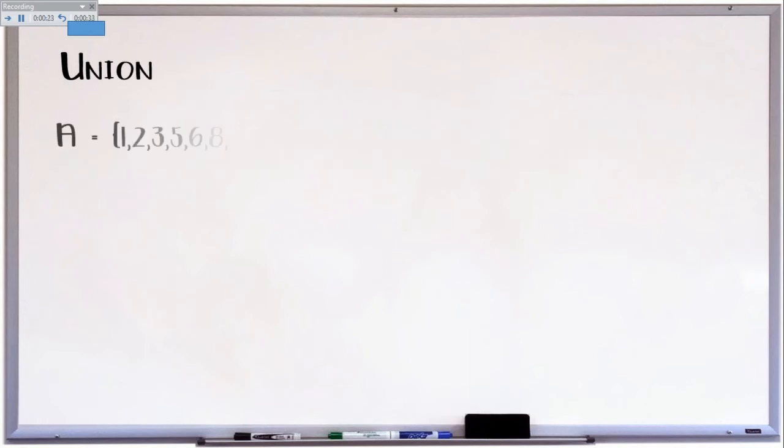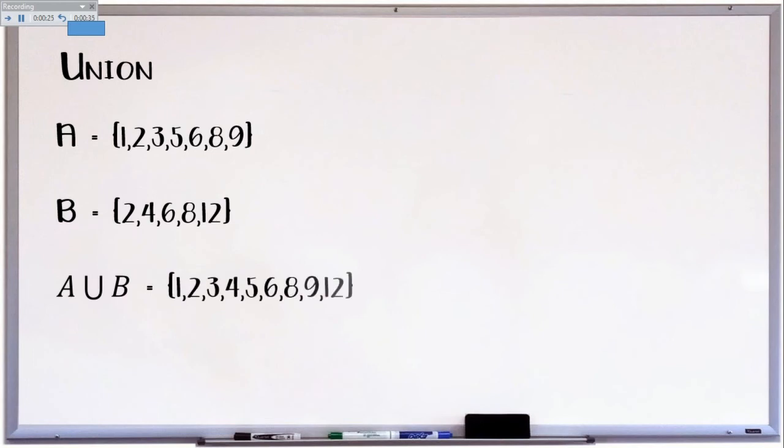Let's say A is equal to 1, 2, 3, 4, 5, 6, 8, 9, and B is equal to 2, 4, 6, 8, 12. So the union of A and B will be 1, as 1 is in A, 2,